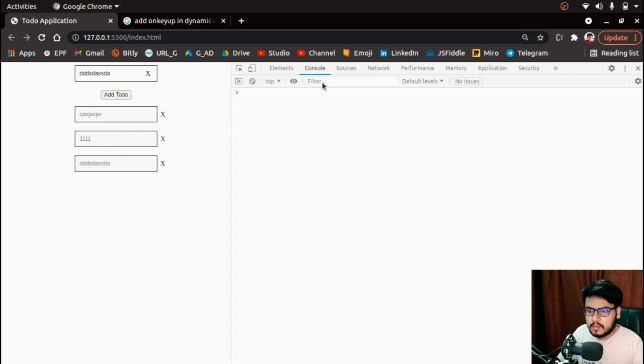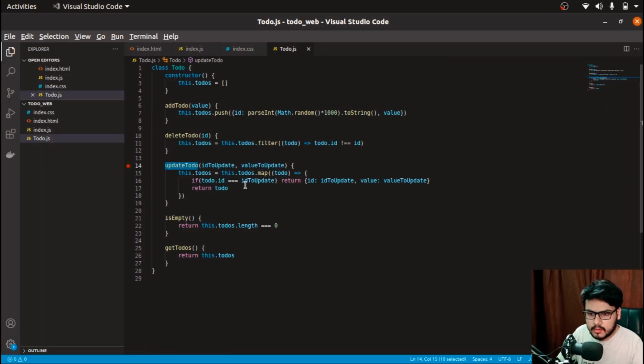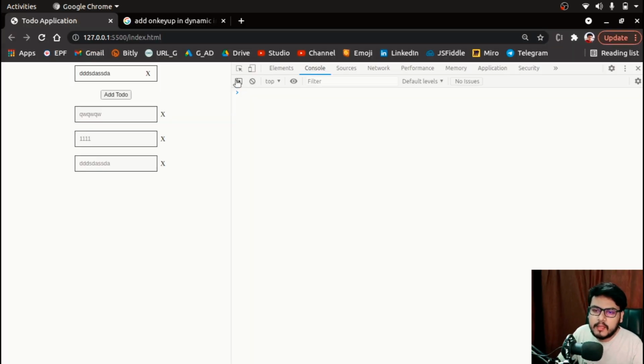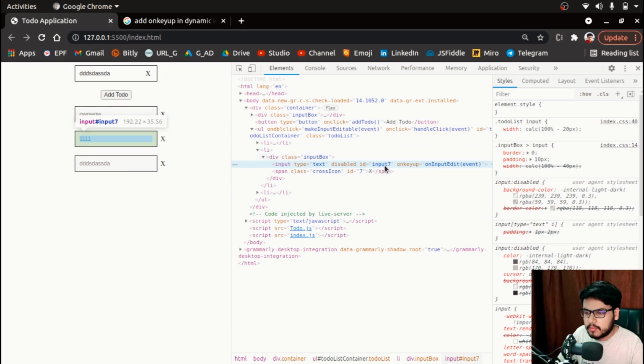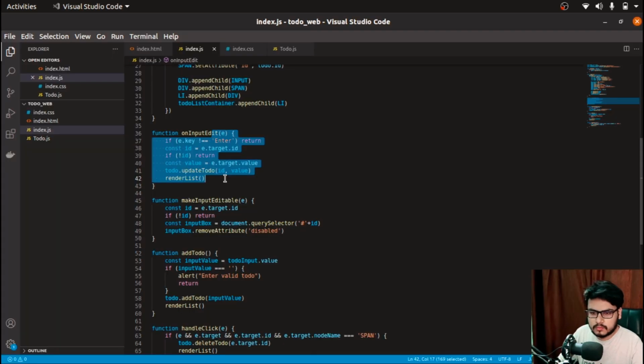Okay, the value was not updated over here. Check if the ID to update, todo.id equals ID. Oh, I see why, because we have a different ID, right? The issue is that the ID over here, input 7, is not matching with the ID. So I have to get this out from over here, right? I need to get rid of this, or from the ID I can do is